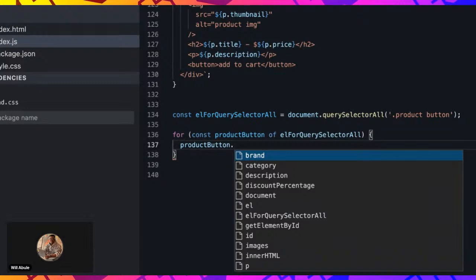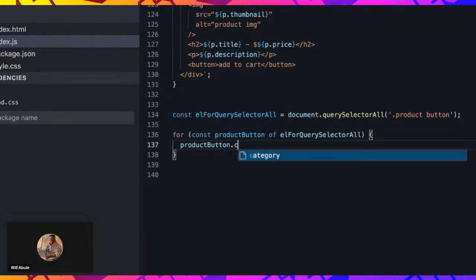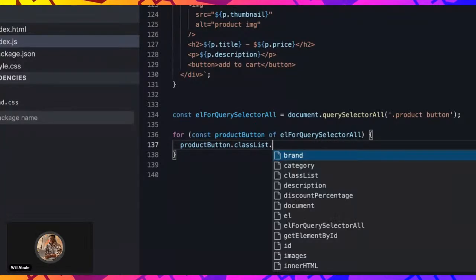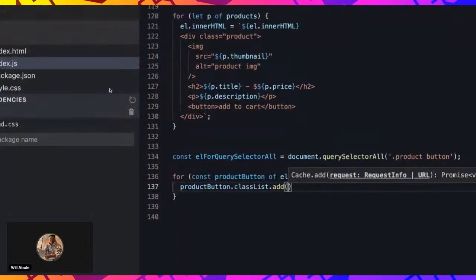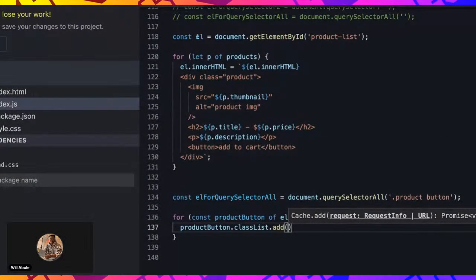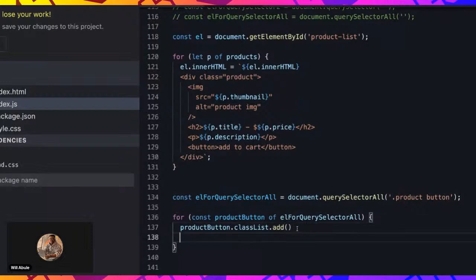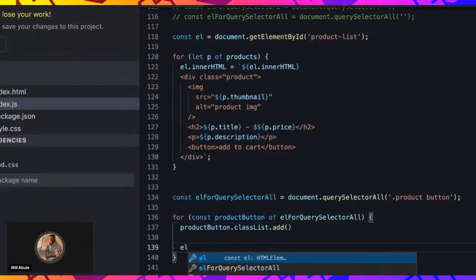There's this thing we call classList, right? So classList. Dot add is a method. The reason why this isn't showing properly is because this querySelector function doesn't have access to it, but this particular one represents this element. So if I use el, our IntelliSense will work better. So if I say el dot